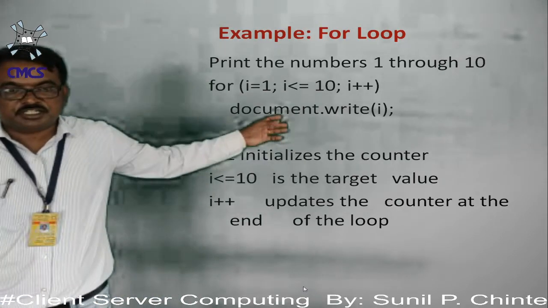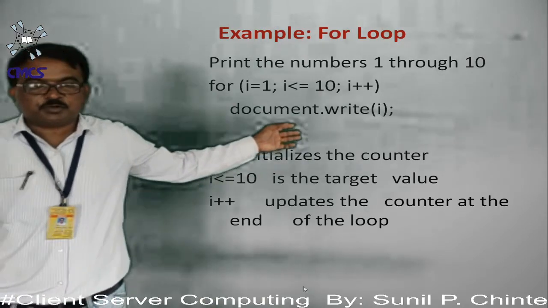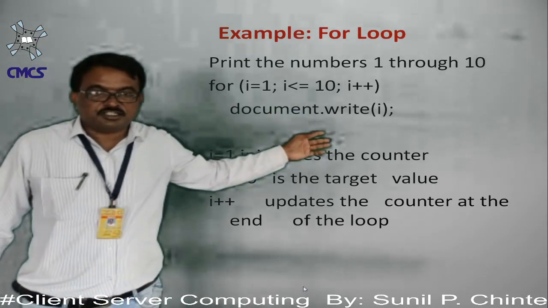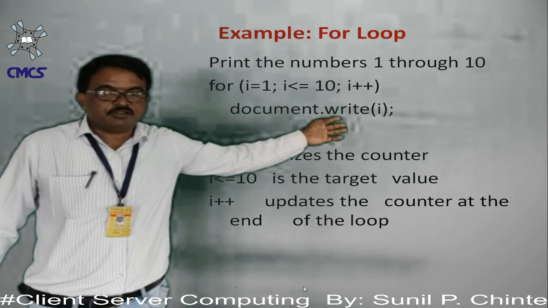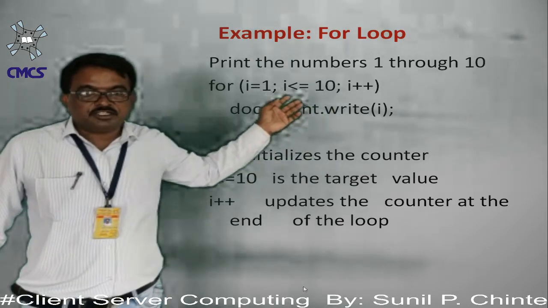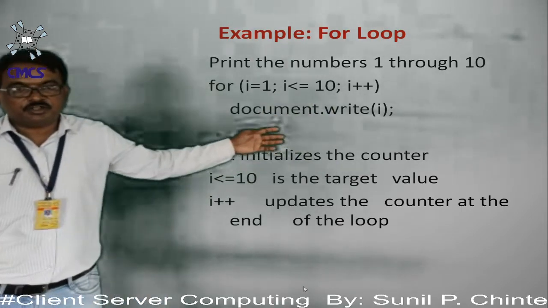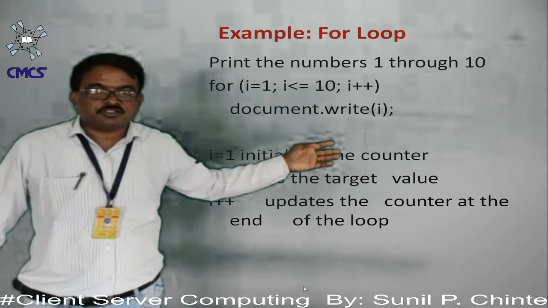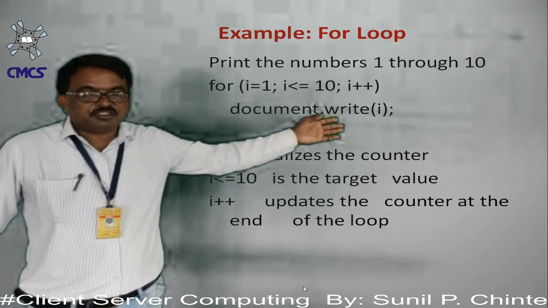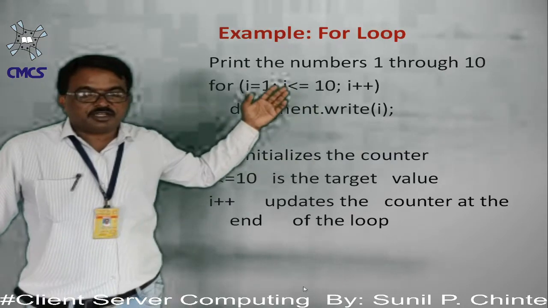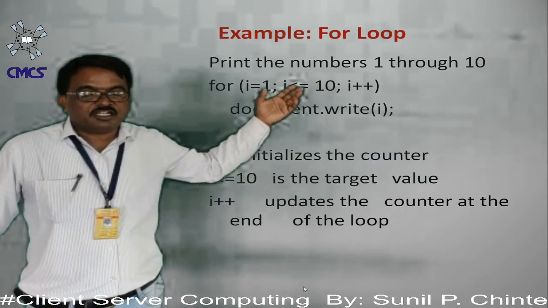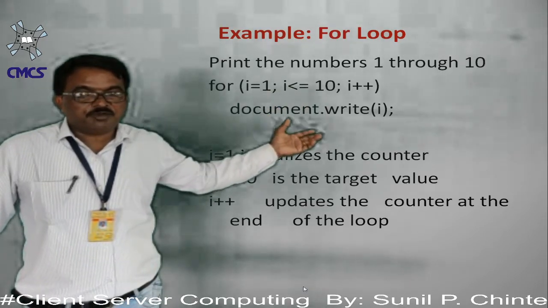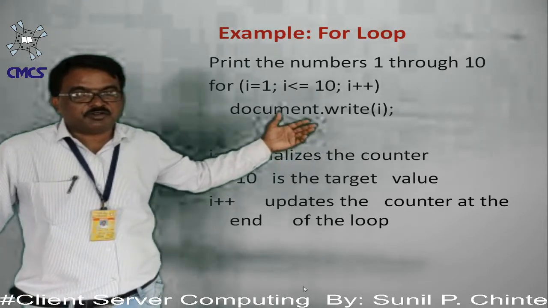Okay, so this is the syntax. Here we are using the for loop. Here initialization: the variable I with the value 1, then the condition, and then increment the I value by 1. Okay, if these conditions will be satisfied, the body of loop will be executed. Here we are printing from 1 to 10, because in document.write I am using the variable value I. If the value of I is 1 and I less than 10, this condition will be satisfied. After condition checking, the value of I will be printed on a web page by using the document.write.